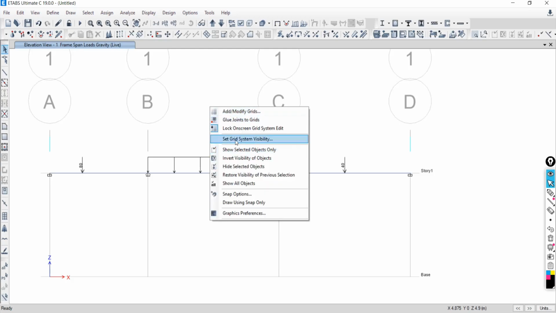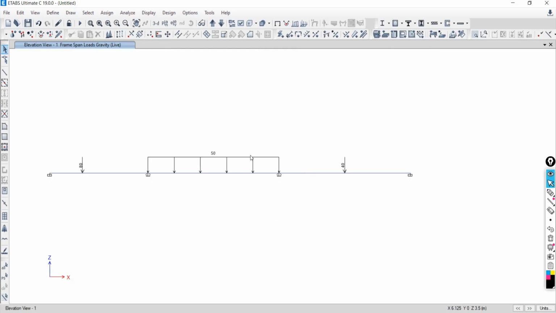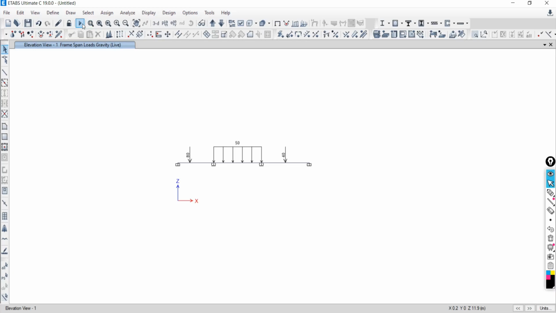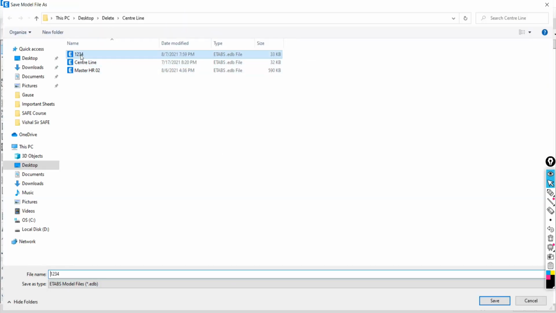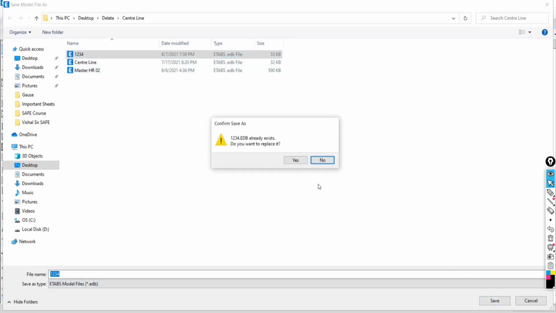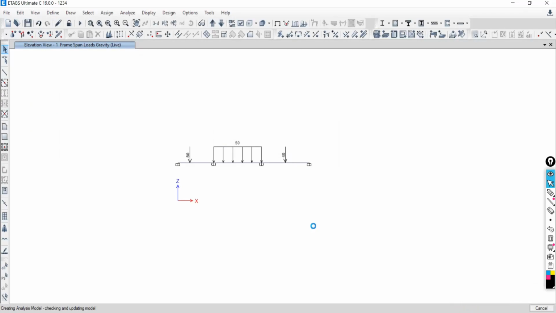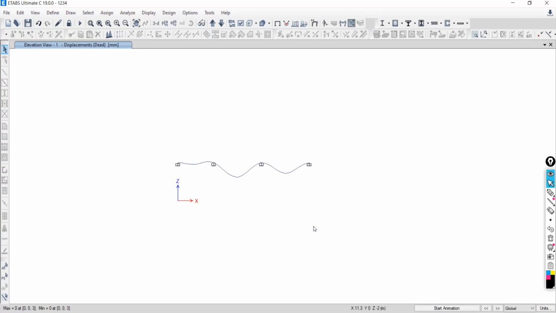Just right click on window, say set grid system visibility. Now perform the analysis. So model has been analyzed and this is the deformed shape of structure.